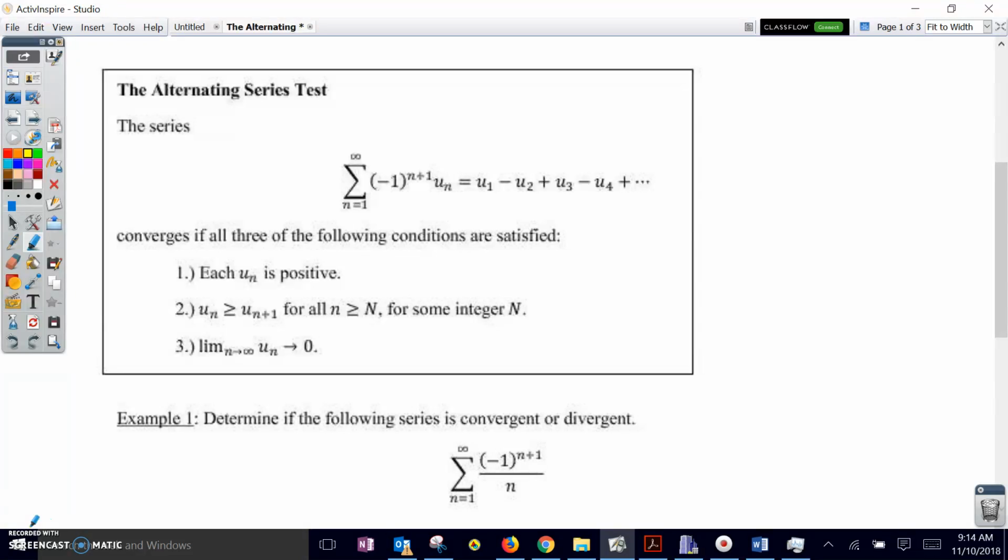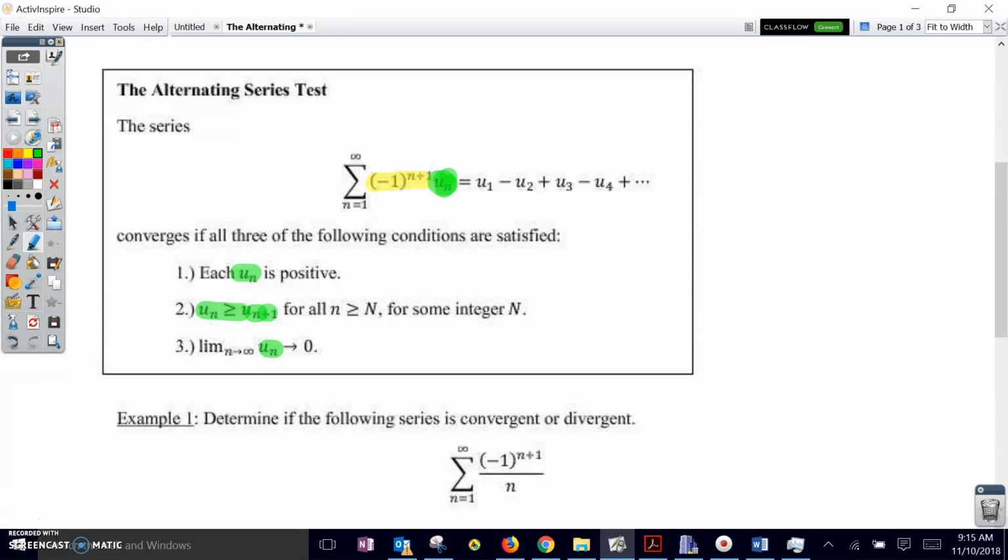And realize when we're talking about this, we've got this alternating term, the -1 to the n plus 1, or any other alternating piece that we might choose to write it as. But it's everything else that we're going to use to determine if the alternating series converges or diverges. Once we eliminate the alternator from our thought process, as long as this green highlighted u sub n is always positive, as long as u sub n is greater than or equal to u sub n plus 1 for all